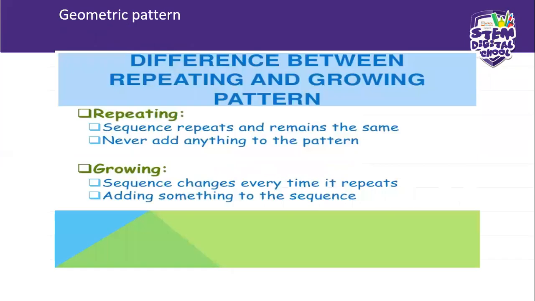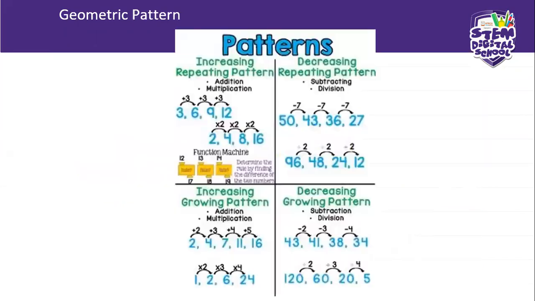And then we spoke about patterns either being repeating or growing, meaning it's the same thing over and over again, or they grow, especially with numbers, meaning the number that you add by keeps on changing. Then we spoke about increasing repeating patterns, decreasing repeating patterns, increasing growing patterns, and decreasing growing patterns,